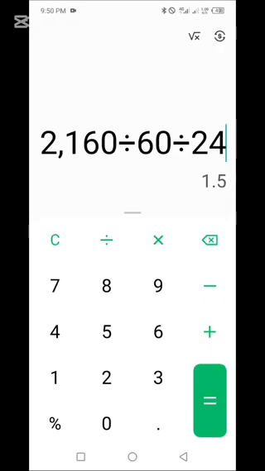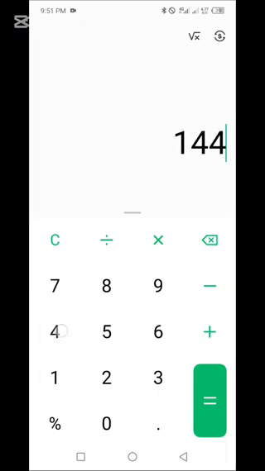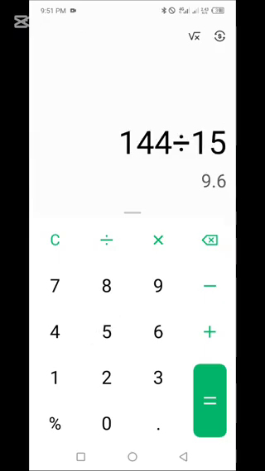So it means that it will take you 1.5 days to accomplish a cycle of 144. That is 36 trading hours. And 144 divided by 15, you see 9.6. It means we shall be